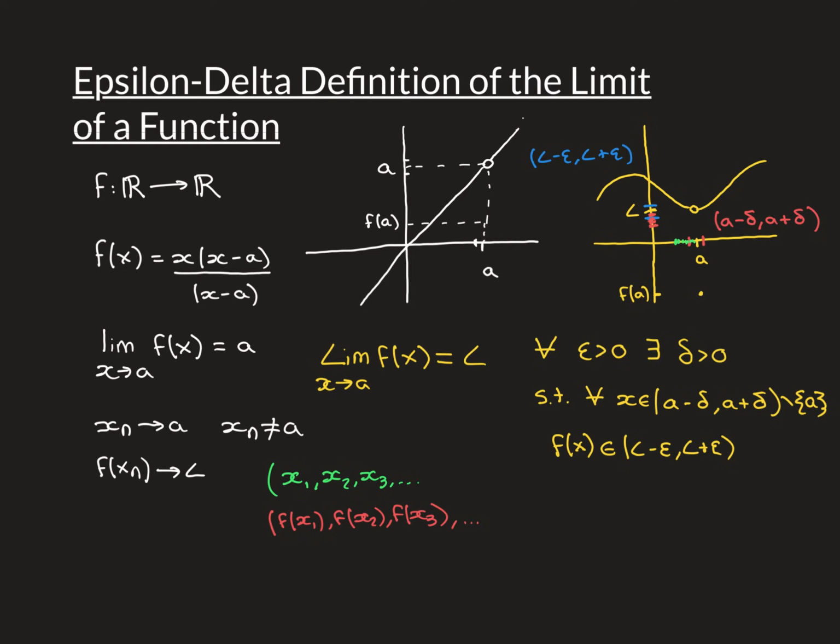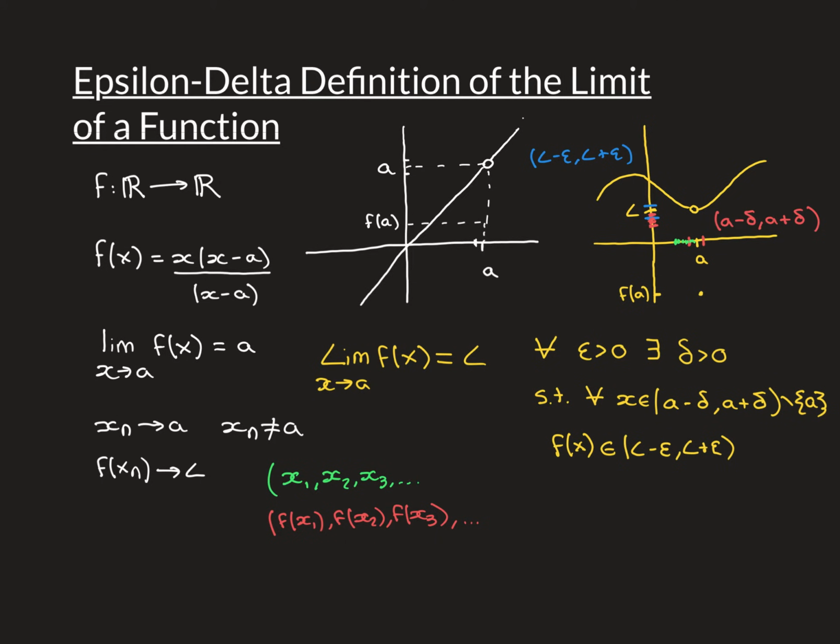So my claim is if you take such a sequence, then if you look at its image sequence, meaning take each one of these terms in the sequence and look at what it's being mapped onto by the function, and then create that corresponding sequence. So here's x1, here's its image, here's x2, here's its image. So this is what I'll call the image sequence. My claim is that that image sequence will then converge to something in the codomain, and it will converge to the limit of the function if the function has limit L as x approaches a. So I've written that simply like this up here.